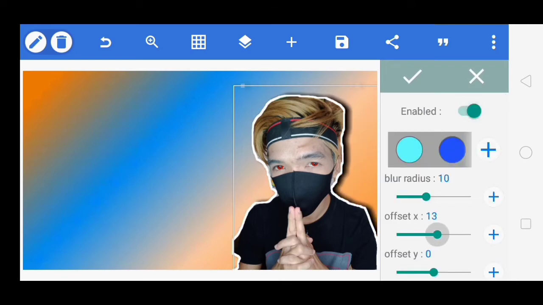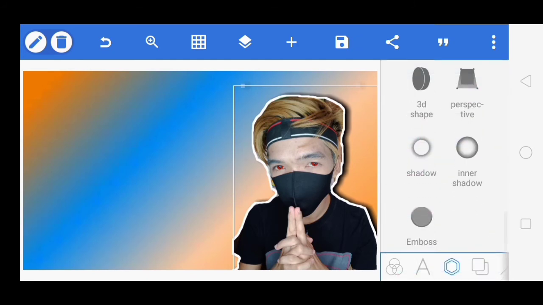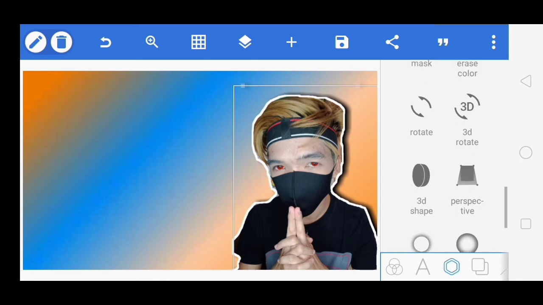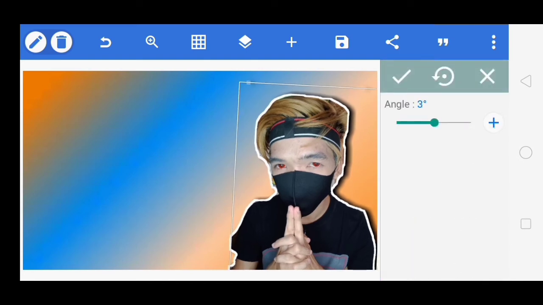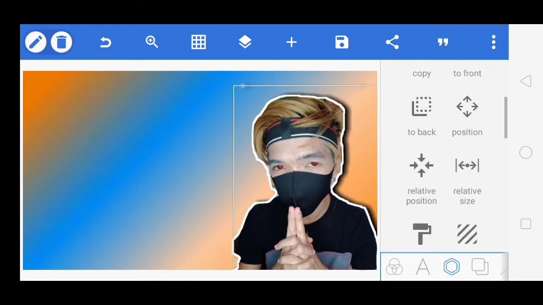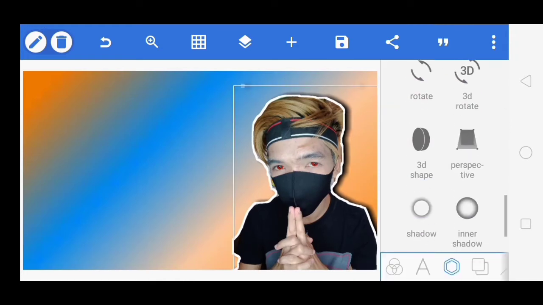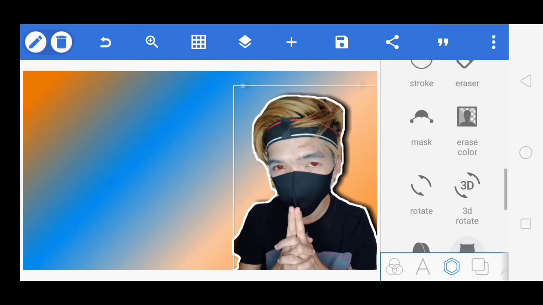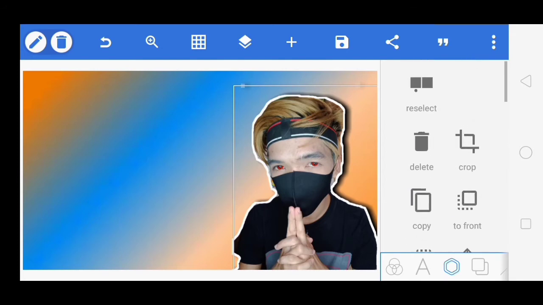Check. There are a lot of things, and you can rotate the photo like this, like that. So that's how you do it. There are a lot of features that you're going to discover or encounter in this kind of editing